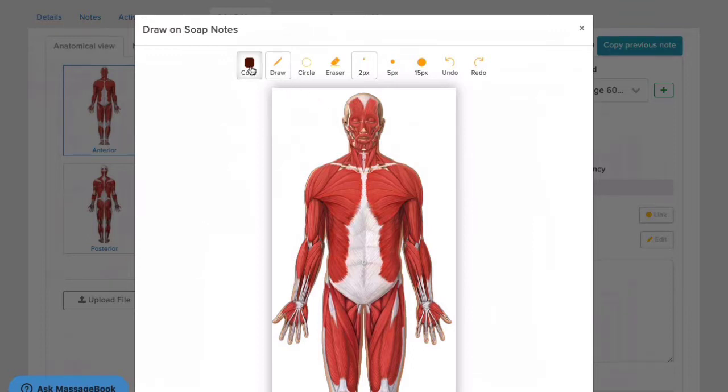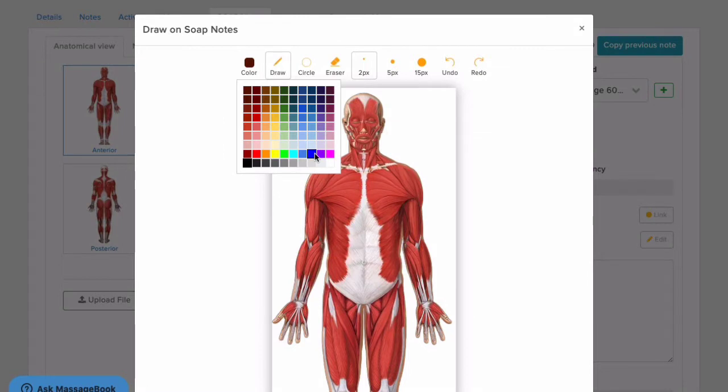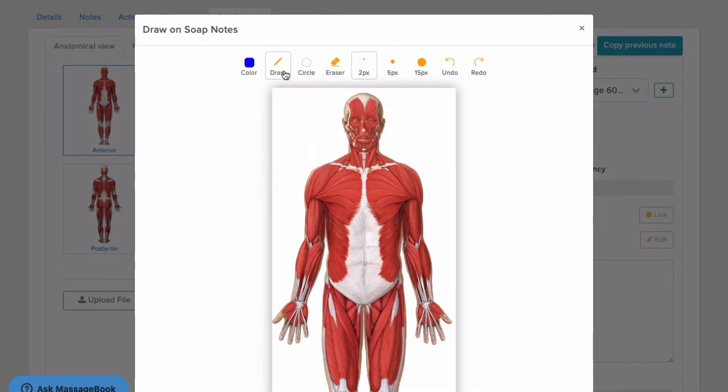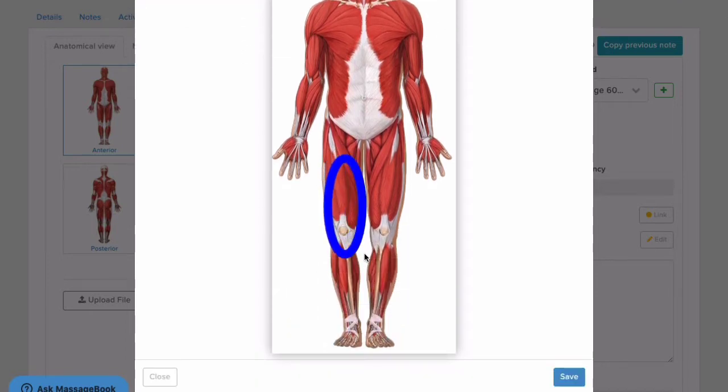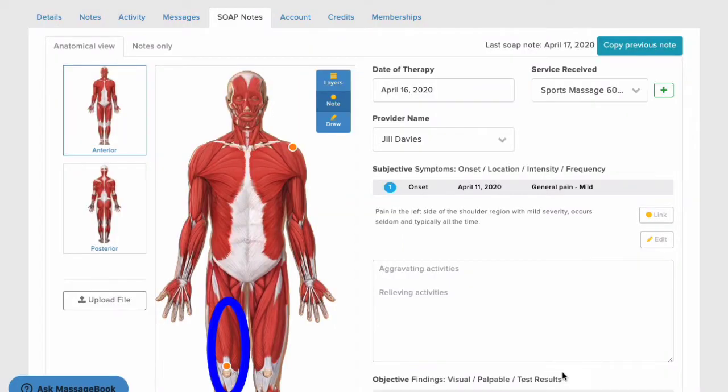Adding the perfect visual note each time is as easy as picking a color, choosing between the pencil, the circle, or the eraser, picking the size of the tool, and then clicking and dragging her mouse or finger across the body. When she's done with her masterpiece, a quick save at the bottom will add the drawing to the rest